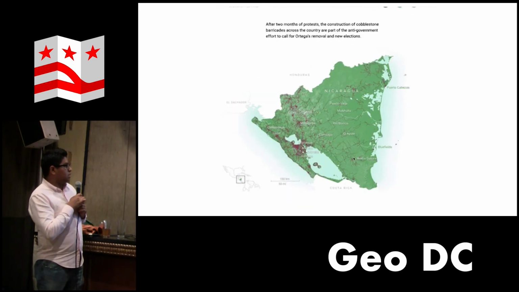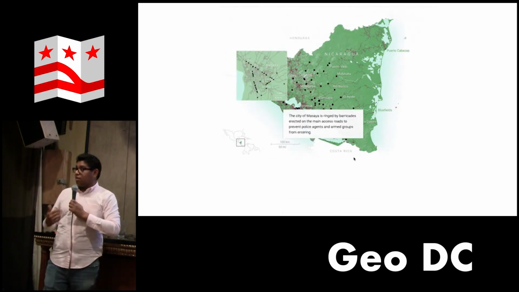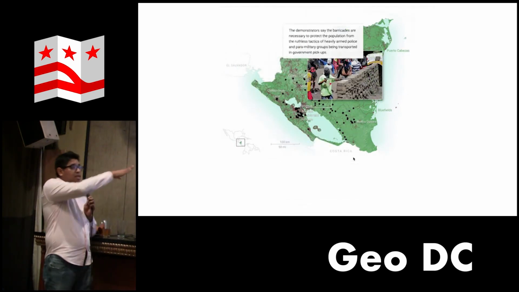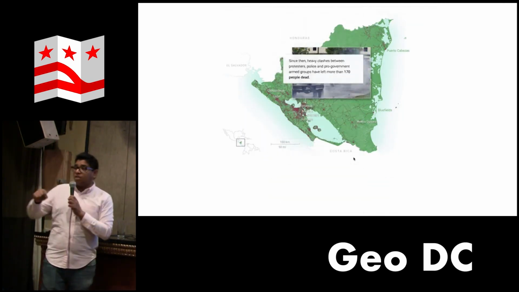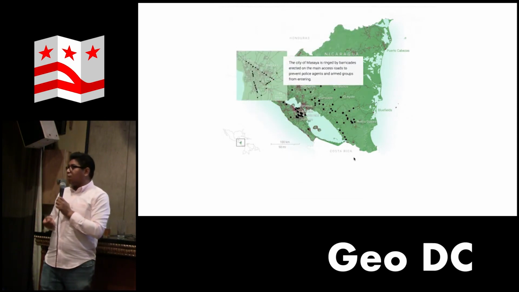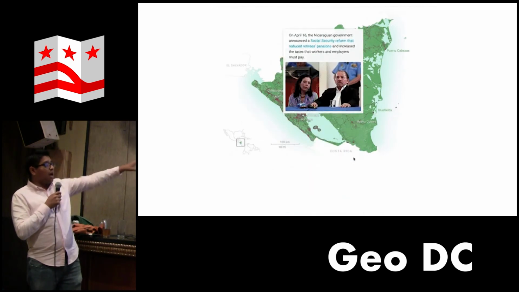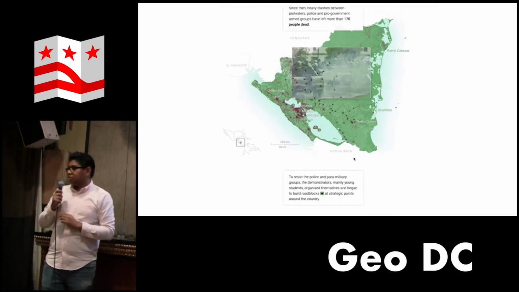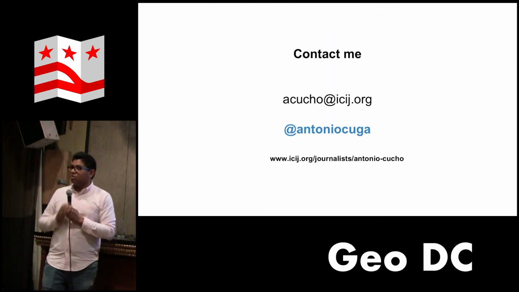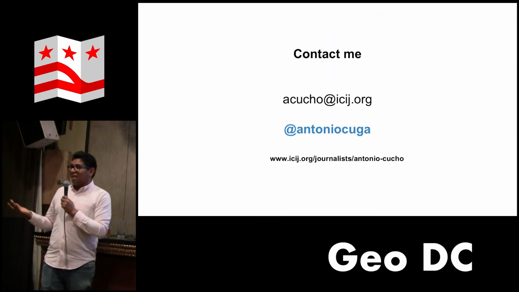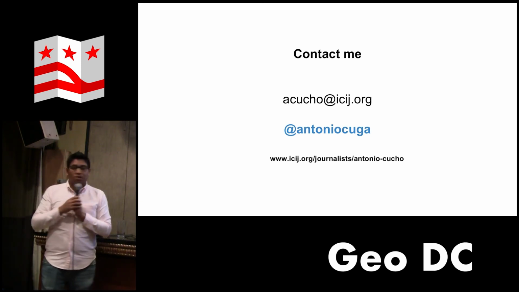The next one, please. So this is a second example of what we did after we made this story. Five days after, we told a similar story using locations of protests in Nicaragua. They put some barriers around the city, so we used that data and the same format to explain this story. If you want to talk more about maps, if you have any question or any recommendation to make this better, please write to me and contact me on Twitter.